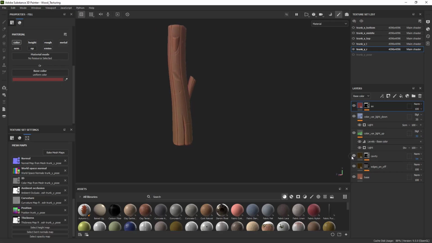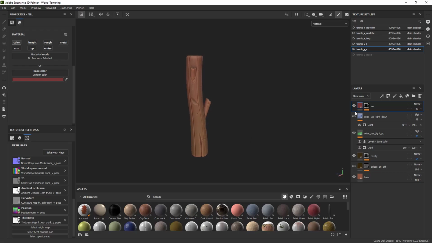We have the cavity and we have the dirty. So of course, let me reduce it. Yeah, it's a little more interesting. Press C to check the color. That's okay. Yeah. Now what we can do is add a gradient more to this part here, like to create like a